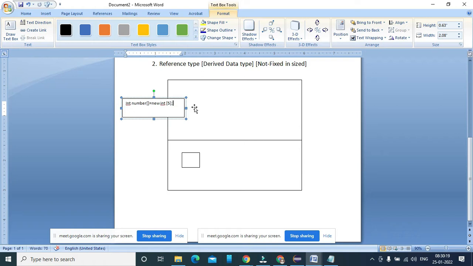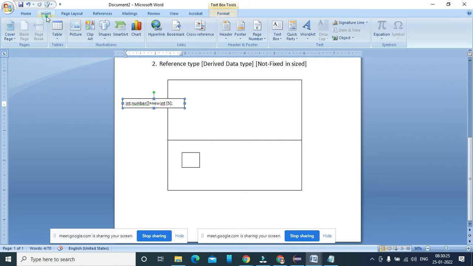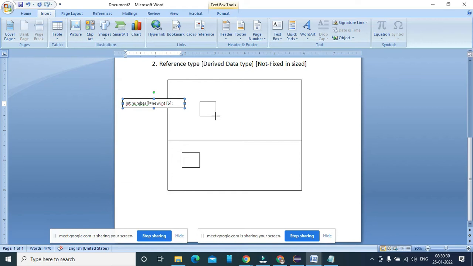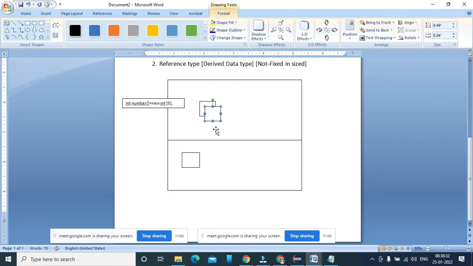What do you mean by this? There is a number variable holding the base address of an array of 5 elements, and each element has an address.